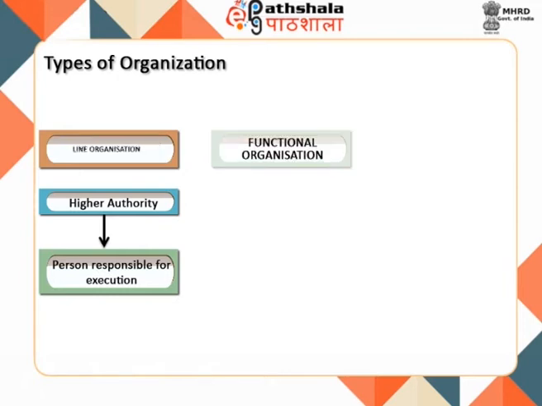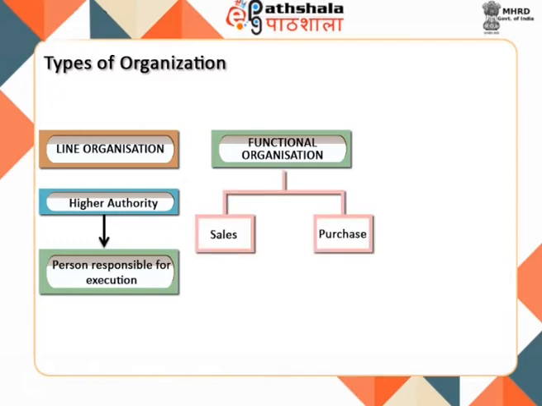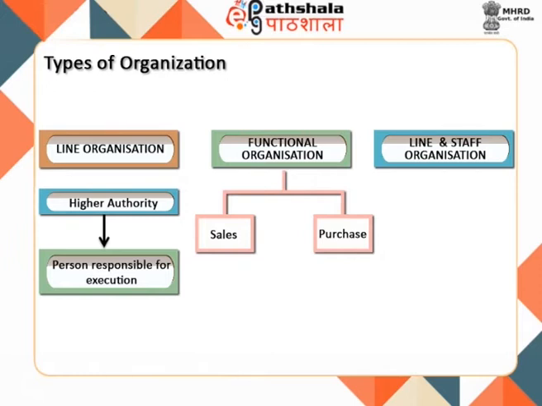Second, functional organization. The organization having various departments on the basis of different types of work such as sales, purchase, production, finance, etc. The whole task of management and direction of subordinates should be divided according to the type of work involved. These types of organization lead to efficiency and facilitate production because it enables the concern to take advantage of specialization of functions. Third, line and staff organization.